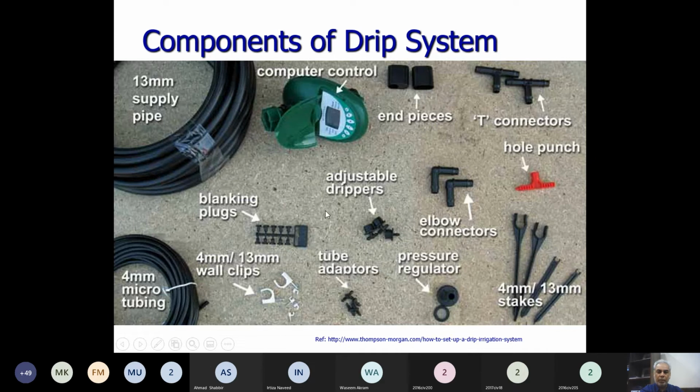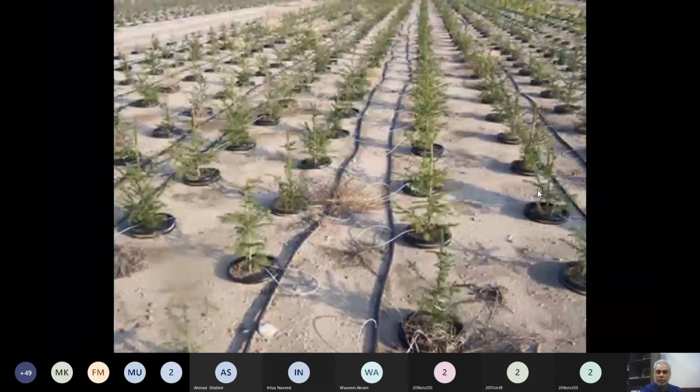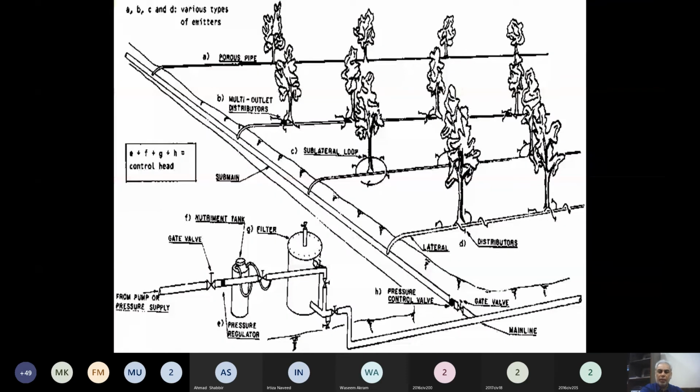To close the end of the pipe, we need end pieces, and to make a hole in the pipe, we need the hole punches. So this is the drip irrigation method. The components are similar to those of sprinkler, the initial components. You need a supply source, you need a pumping system, you need a control device, and then